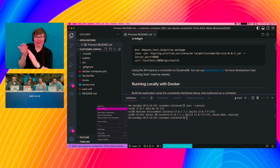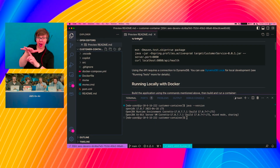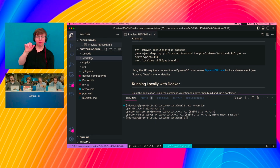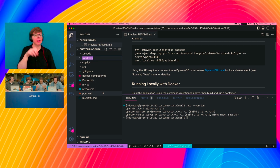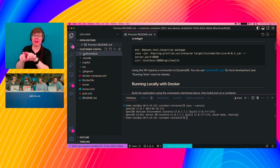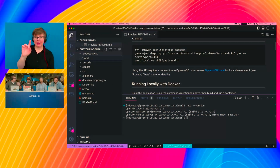So again, the power of the blueprints, this whole environment was defined in that blueprint based on the type of project you're working on. So that's why Java's there, right? Because we had that as part of the overall project. And so all your devs on your team can share the same dev environment. I can just imagine you're going to want a Docker version at a certain level. You want AWS CDK toolkit at a certain version, NPM, all that stuff, and you can build that as